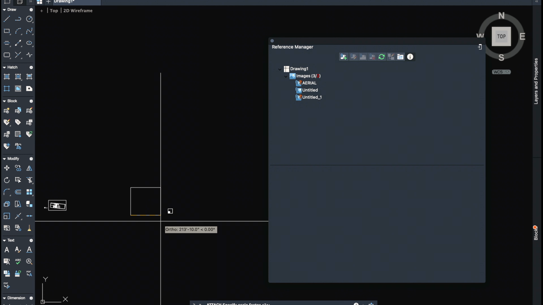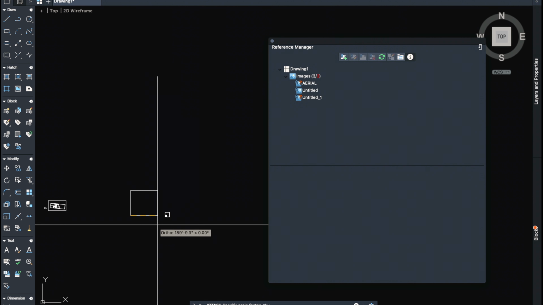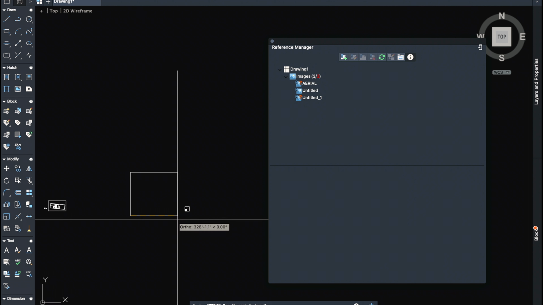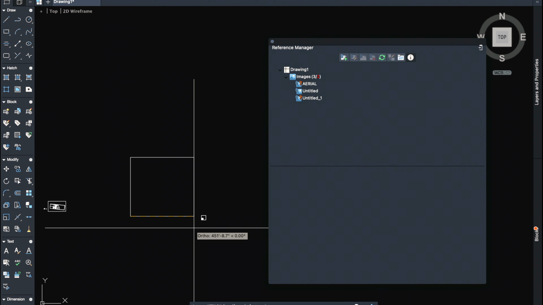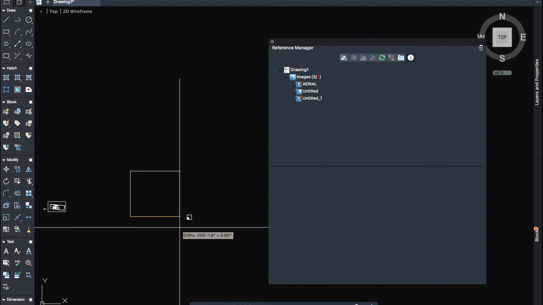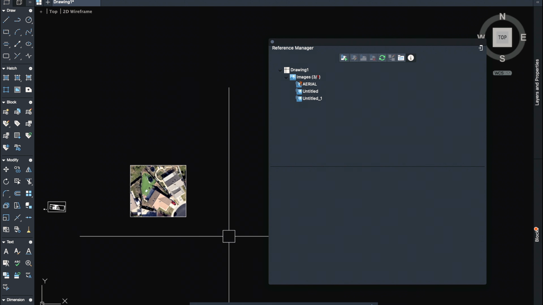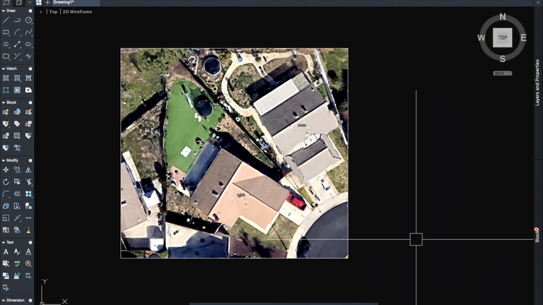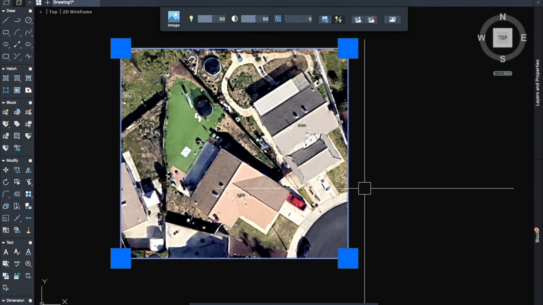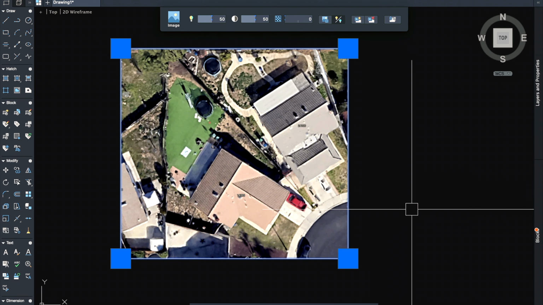I'll click here, and if I hover my mouse in any direction like this, it is going to scale. And if I click anywhere, now you can see that I have inserted the image here like this. So this is the way you can insert an image in